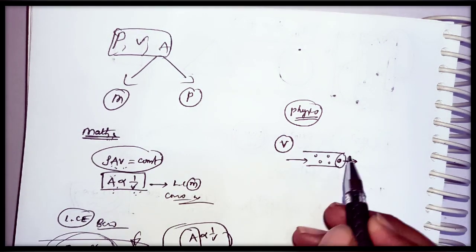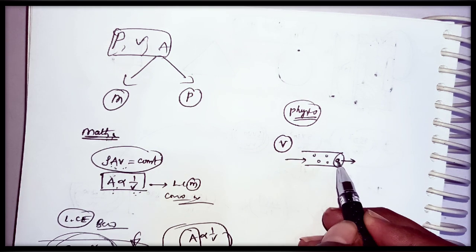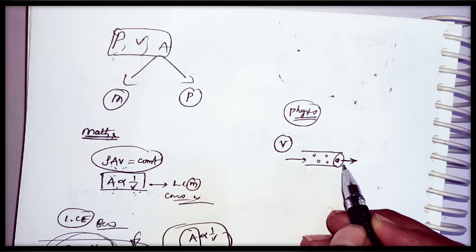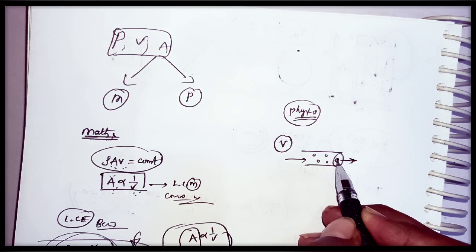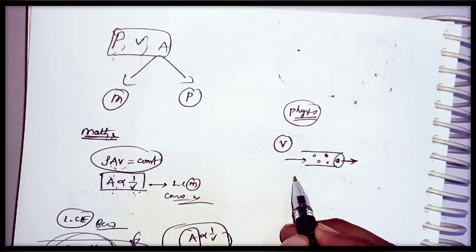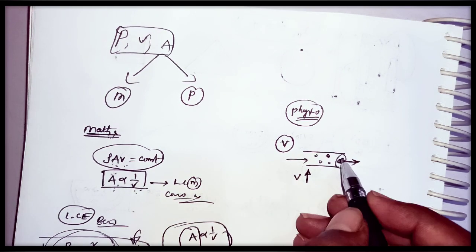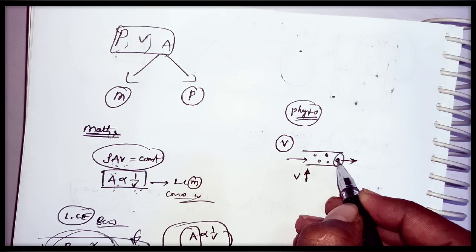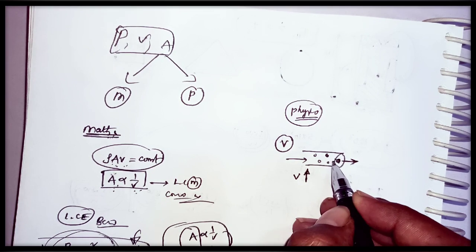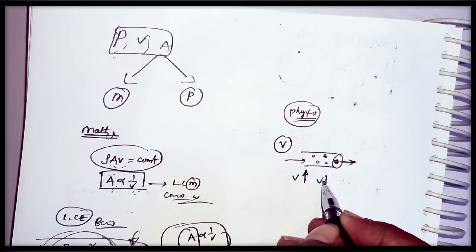We will say the fluid particle is having high velocity when it is escaping with a high speed. It is not having any time to contact the other fluids. At that time we will say that it is having very high velocity. And if it is escaping with very low speed and these two particles are in contact, it is not having much speed, then it is called very low velocity.